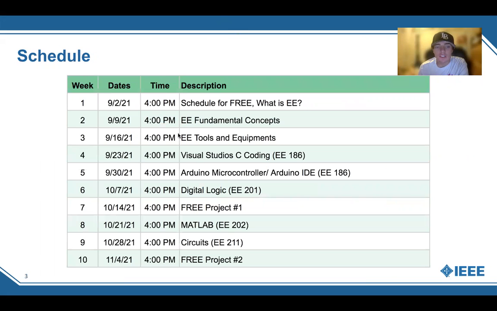And today, as you can see in the schedule, we're going to be going over the Arduino, and that's used